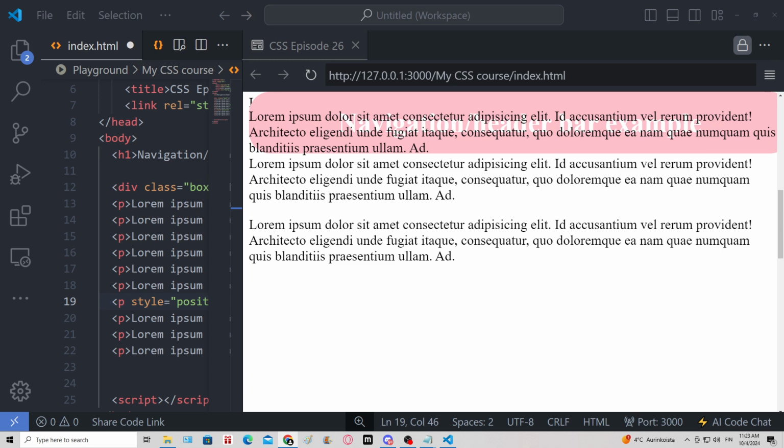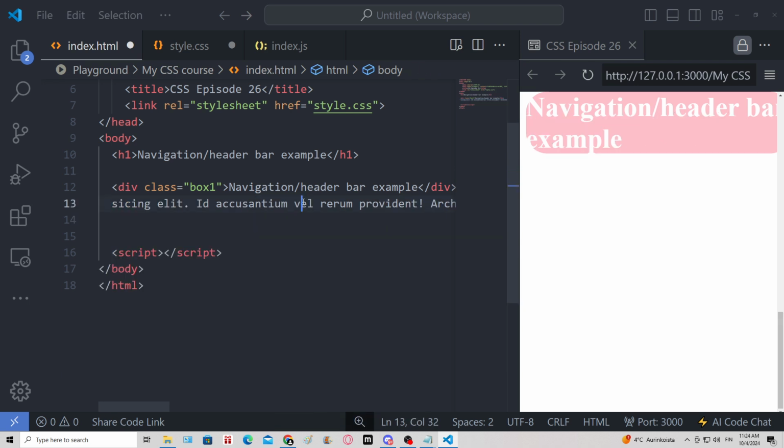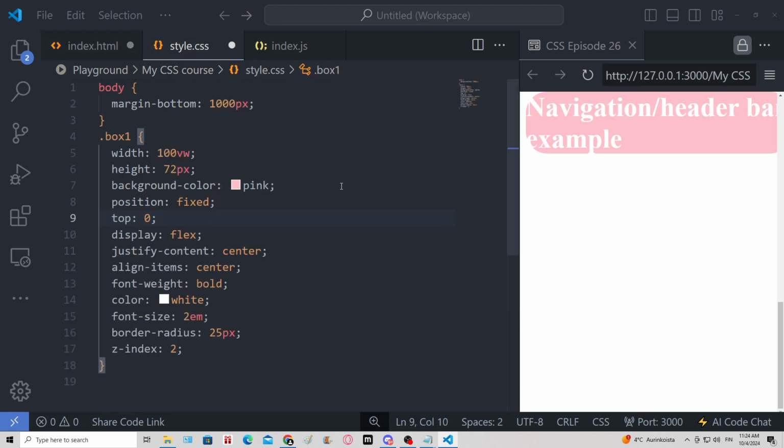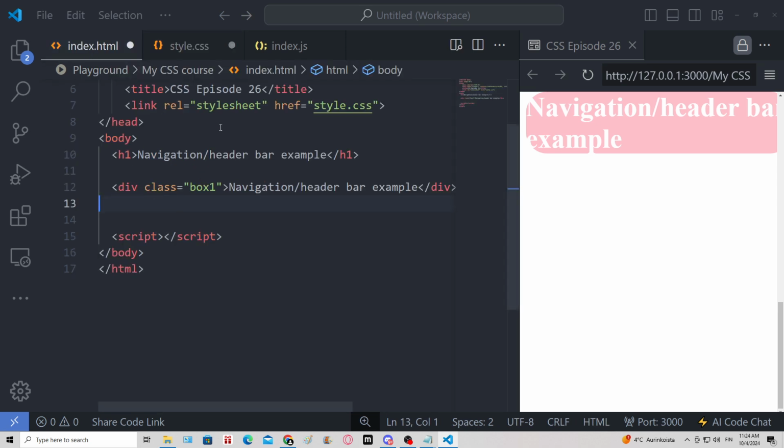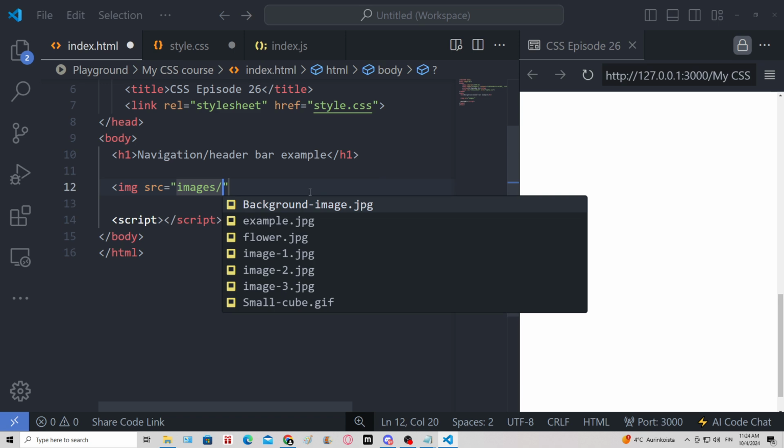Okay, we still have some time. So I am gonna give you a few more examples. So I'm going to be removing these. There we go. Now we still have the box. That's okay. And let's say that I'm going to insert an image this time. IMG source images